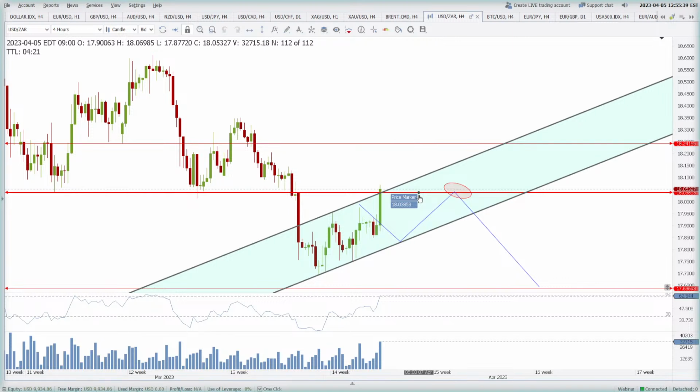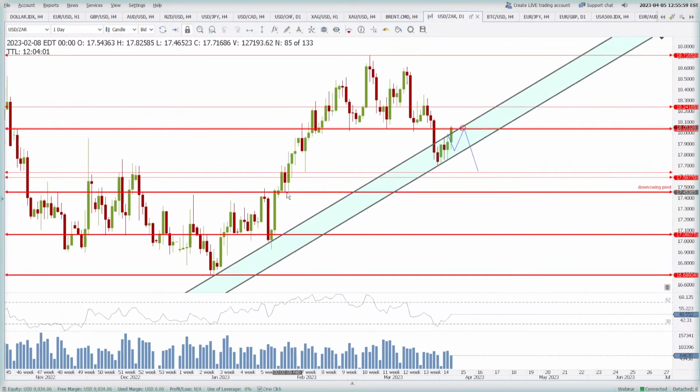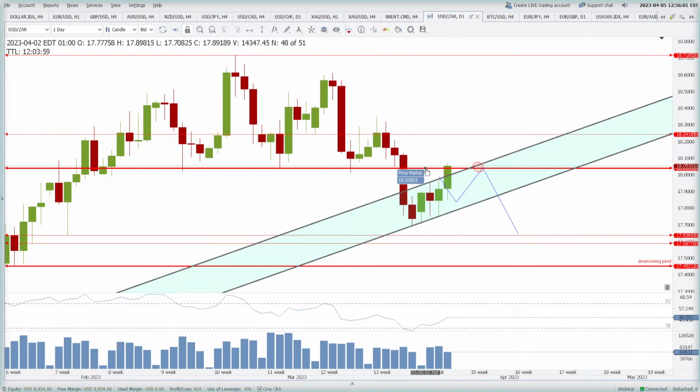This is what I am thinking. Let us see how the things unfold. Tomorrow you'll see about it, but I think the price is going to close below 18.0385, although this is a very bullish green candle on the 4 hour. I'm still thinking that the closing will be below 18.0385, not for this 4 hour, I'm saying for the daily. Okay, don't be confused. I'm saying for this daily candle it should close below 18.0385. Let us see how the things unfold, guys.